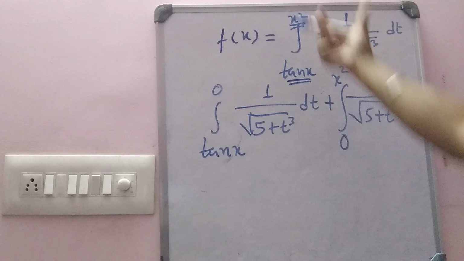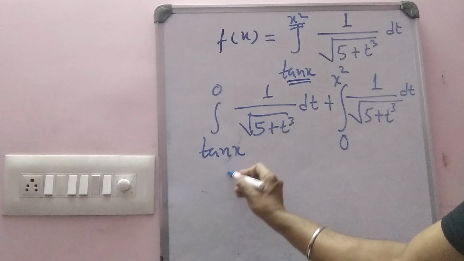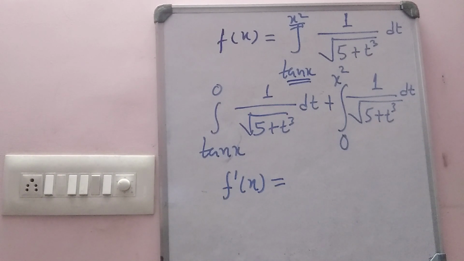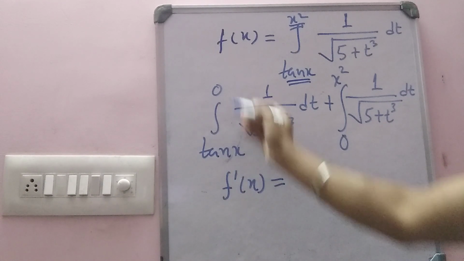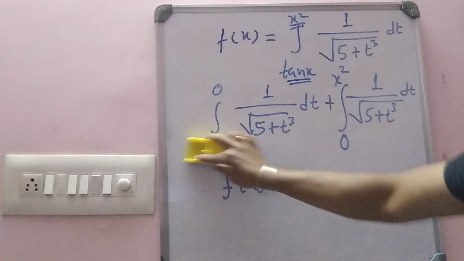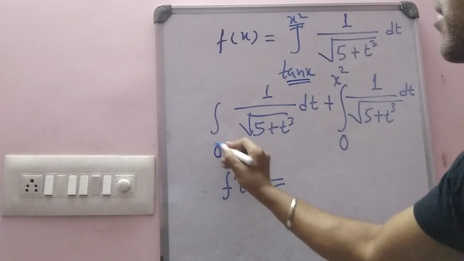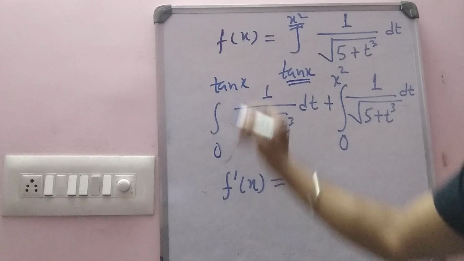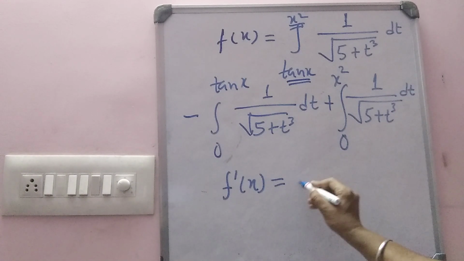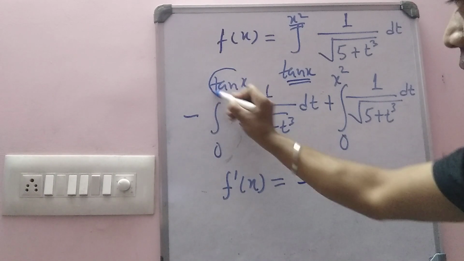Now we have to differentiate it. We have to find out the derivative of this. So we can write f dash x equal to, better do one thing, okay? For this 10x to 0, we can change the limit and make it 0 to 10x. I told you that whenever we revert the limit, the sign will be changed. So you have to take the negative. Now do this. The negative sign is already here, so put minus here.